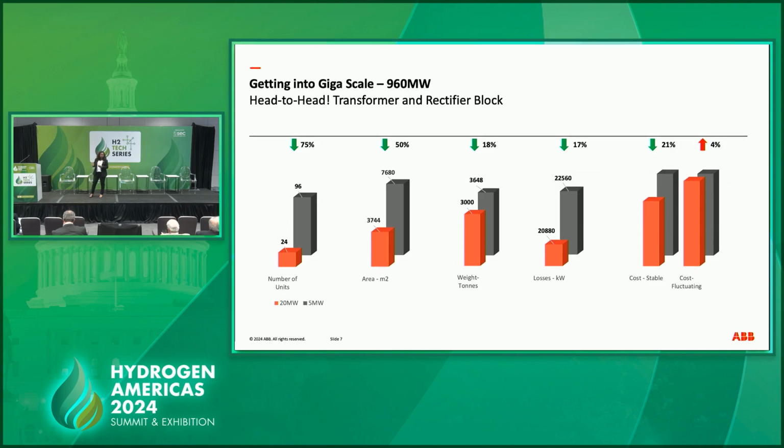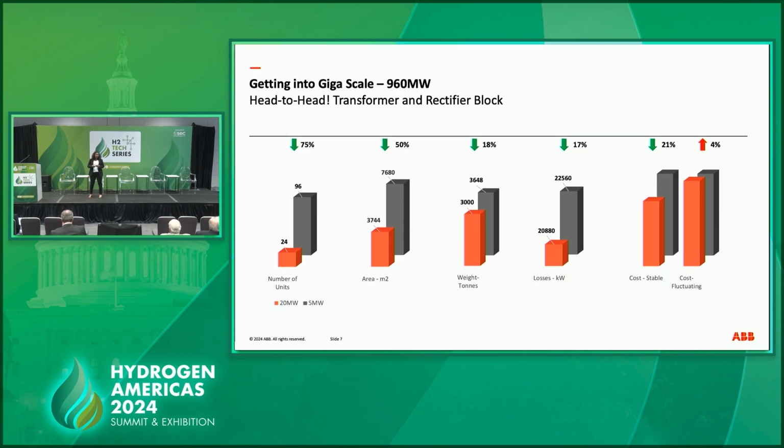And the reduction in the components means fewer areas, fewer problems when dealing with the logistics, and the project's execution becomes easier. And going to the footprint requirements, there's at least a 50% reduction when I'm going with a larger electrolyzer. And then weight. Yes, each transformer, each rectifier in the bigger setup is going to weigh more, is going to be slightly larger. But overall, I'm still going to have an 18% reduction in the weight